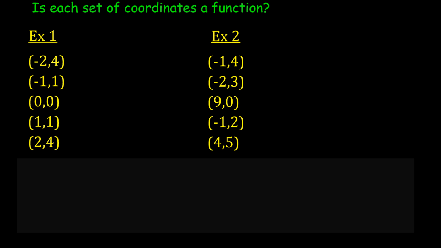So here's a more mathy example. Which of these are functions? We've got two examples here. The first example has a bunch of points, (-2, 4), (-1, 1), (0, 0), (1, 1), and (2, 4). And then example 2 has the points listed there. So the first example, I would say, is a function. This is a function because,